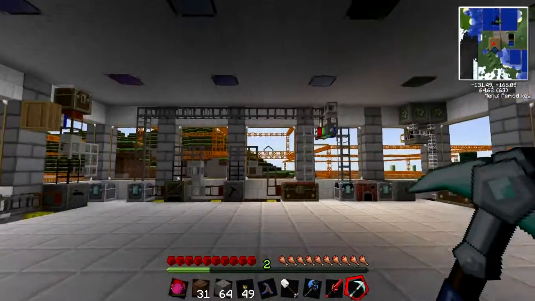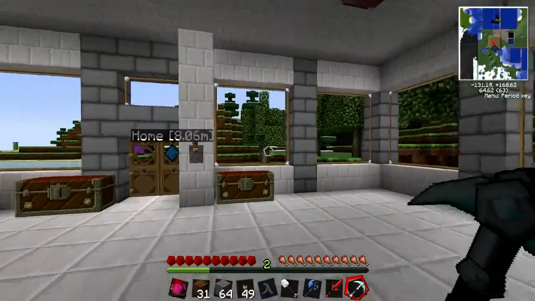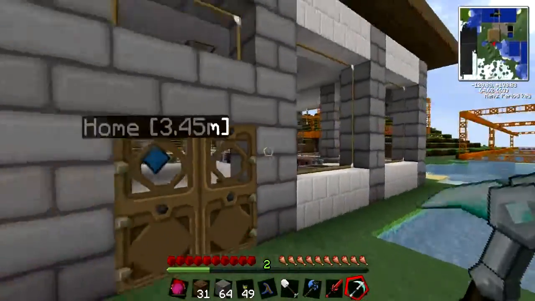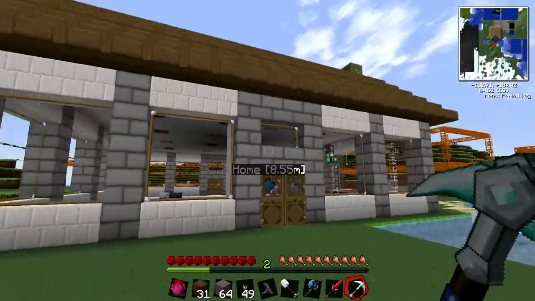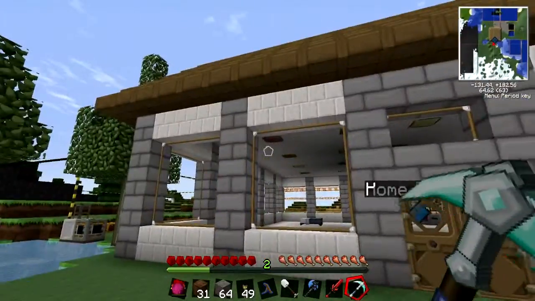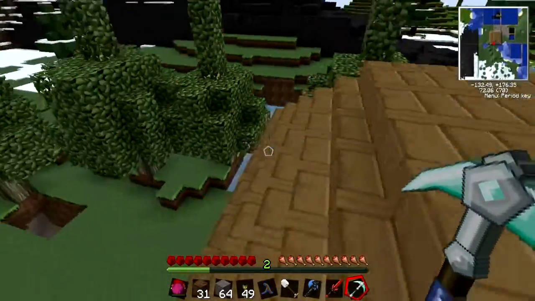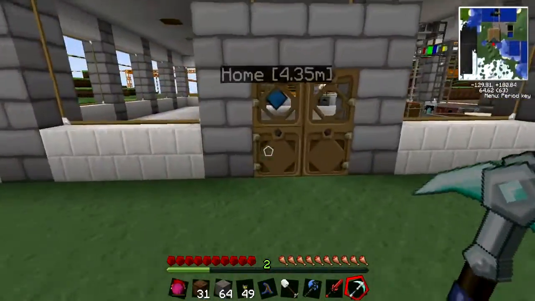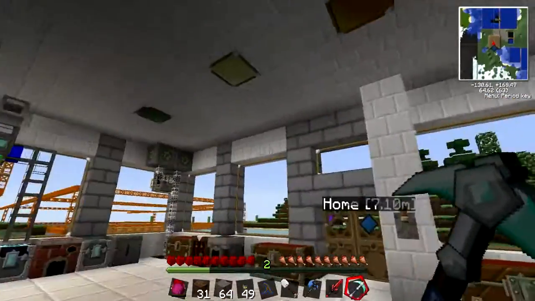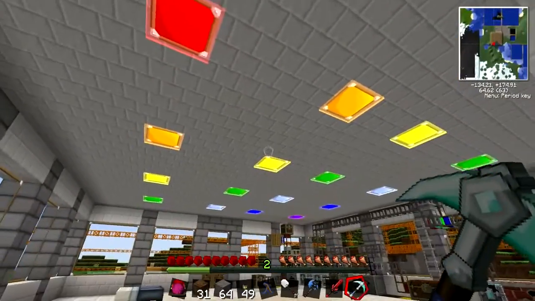Now, as you may have probably noticed straight away, I have changed my house a little bit. It was looking a bit bland and uninteresting, so I decided to take some time out and I used some marble bricks, stone bricks and some wood stairs, and I made my house look, well, I think it looks a bit better. I also got rid of the torches inside because I replaced them with lamps, and as you'll see, all fancy colours of the rainbow,